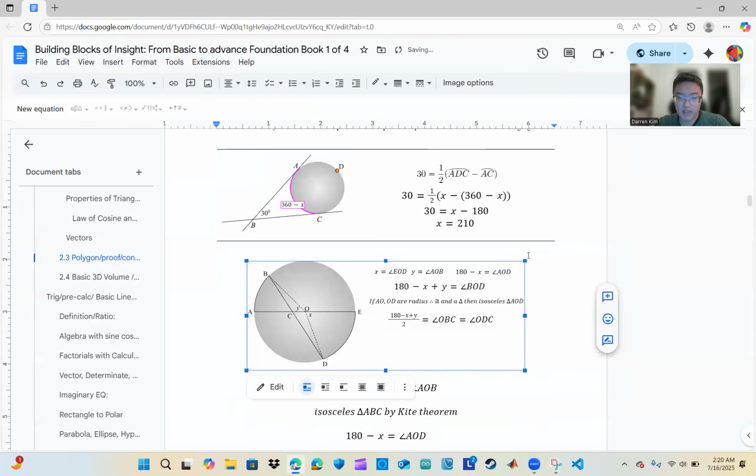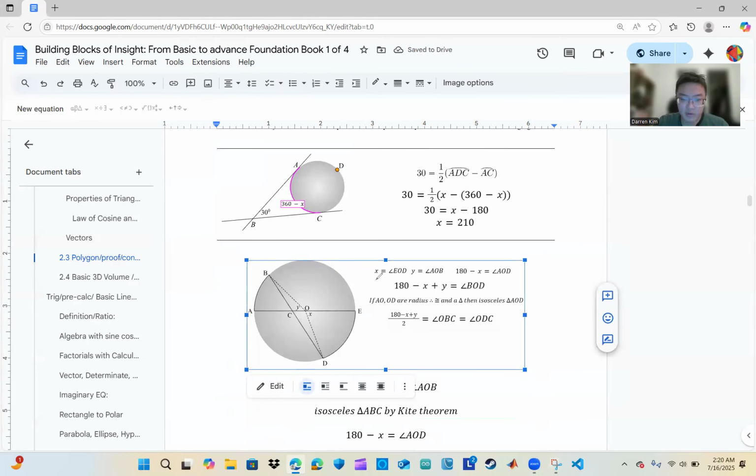All right. So what I was doing was I was given these two arcs, which means you're basically giving me the central angles. And I said, okay, I can get this over here by this format because the straight line is 180 minus x, which is AOC, AOD. And then we could do 180 again because the total angle of the triangle, if you add all up, will always equal that. And then you can say minus,